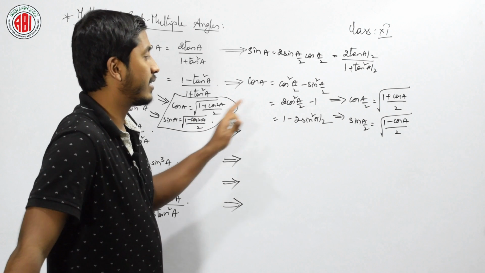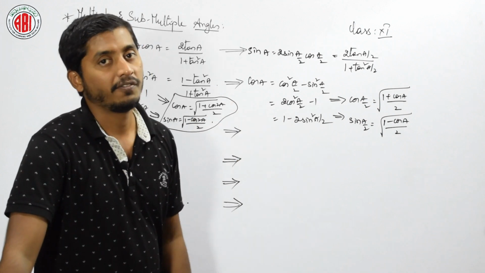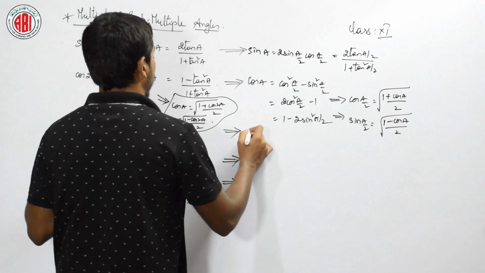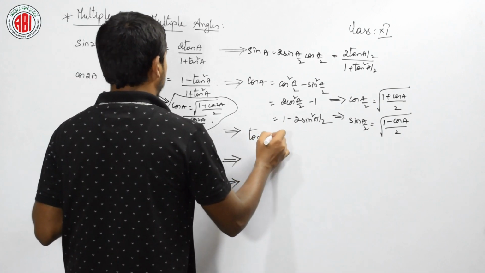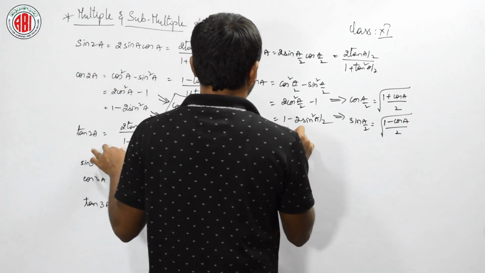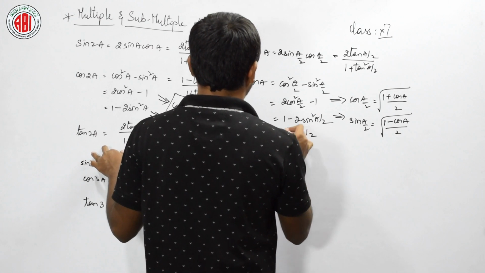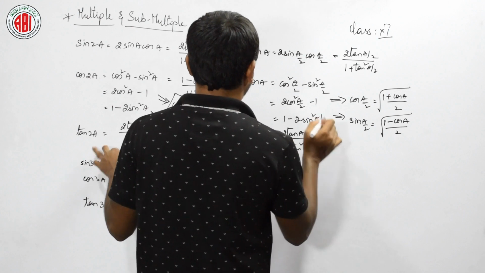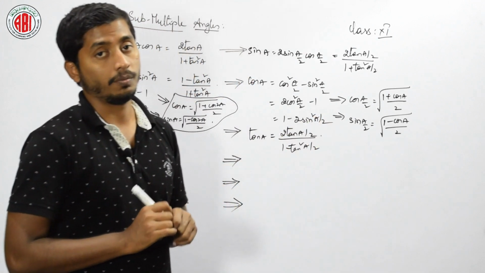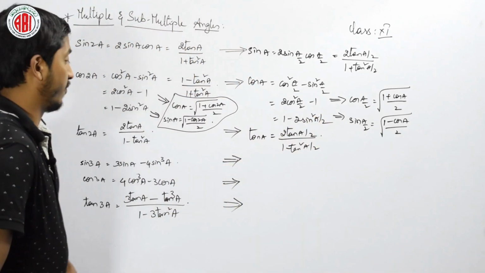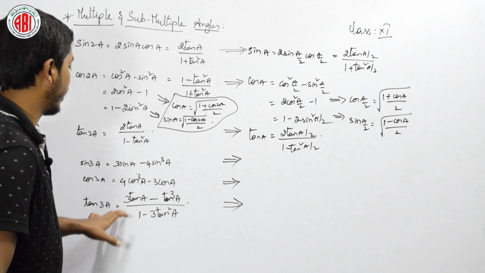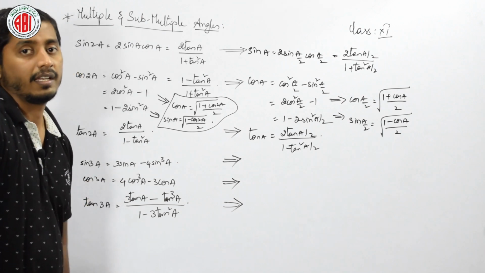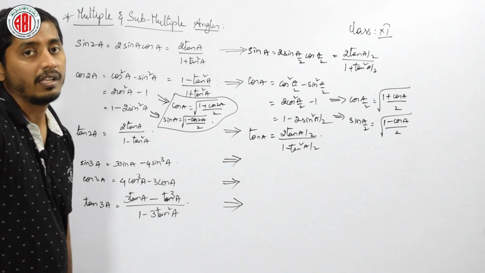If we square on that side, we will get this kind of formula. Similarly, let us write for tan A also, that is tan A is equal to 2 tan A by 2 by 1 minus tan square A by 2. Is it right? Hope you got this kind of problem. Similarly, we can write for these also. Is it clear? Did you copy down all the formulae?